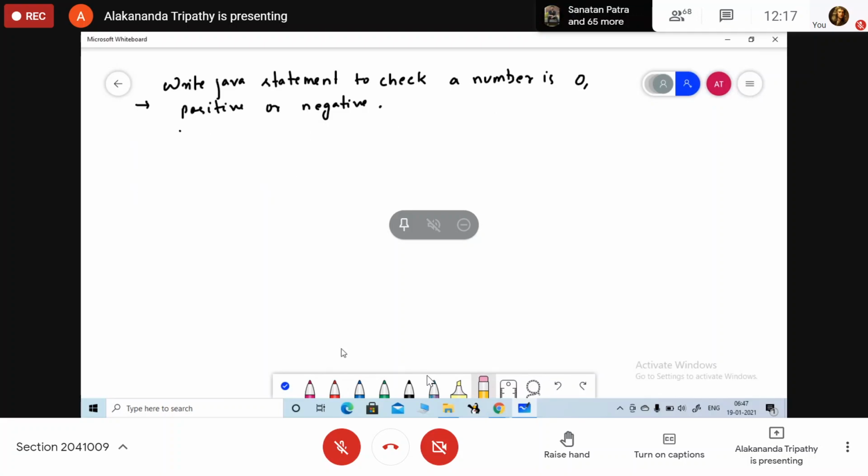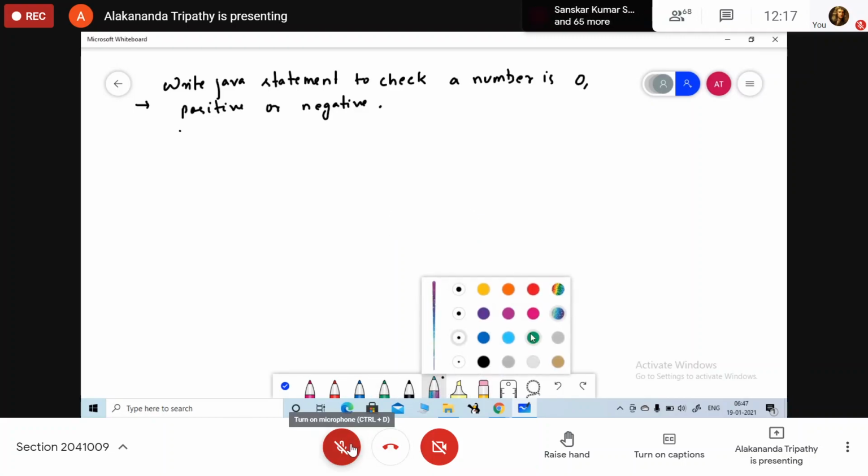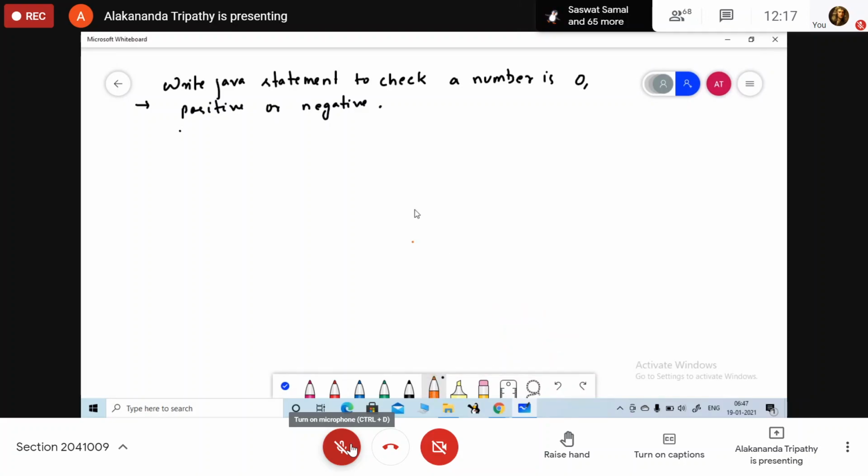Okay, so what do you have to do here? What are you going to do? Check if the number is greater than 0 or less than 0 or equal to 0. So you are going to check whether the number is greater than 0, equal to 0 or less than 0. So till now we have discussed if, else, else if ladder, and the other one is nested if else.